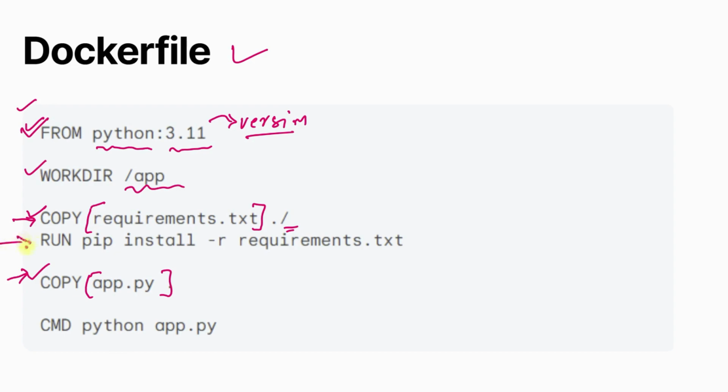Next command you can see is the RUN command. This RUN instruction runs a command inside the container. So what will this do? It will help containers to understand which command they need to run after they create it. So here we are using the pip install command to install the dependencies which are listed in the requirements.txt file. So first what did we do exactly? First we copied this requirements.txt file to the container. Then we run this pip install command on this requirements file because it is copied and available in the